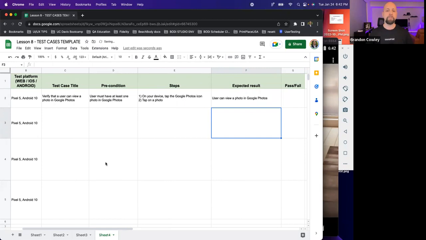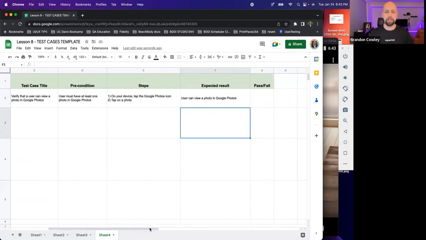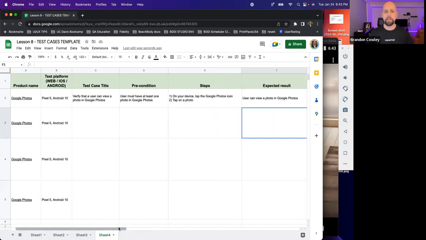Ding. Cool. Now, because this is part of a larger template, I do have a pass-fail column over here. That does not play into us writing out a test case. So you can see that the language here is nearly identical. It's basically everything after verify that, and then whatever it is that you said, right? That's it. This is the flow for writing a test case. Okay.